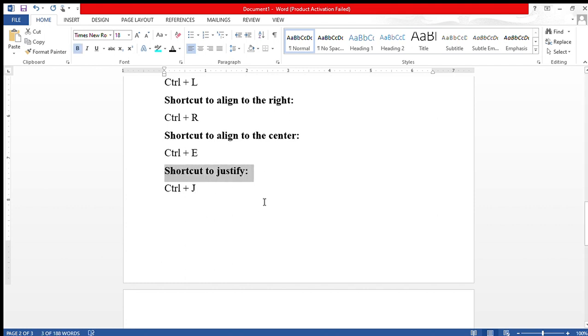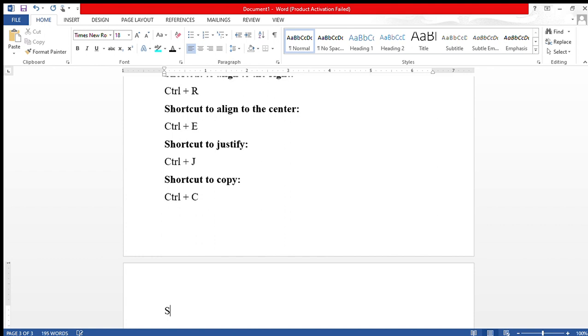Now, what if you don't want to do that? The shortcut. So let me give you the shortcut. Shortcut to copy. So the shortcut to copy is Control plus C. Control plus C is going to help you copy. Now, to paste whatever you've copied,